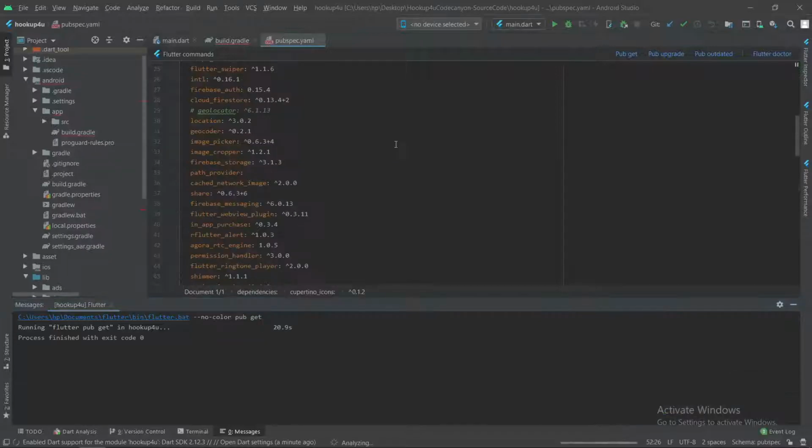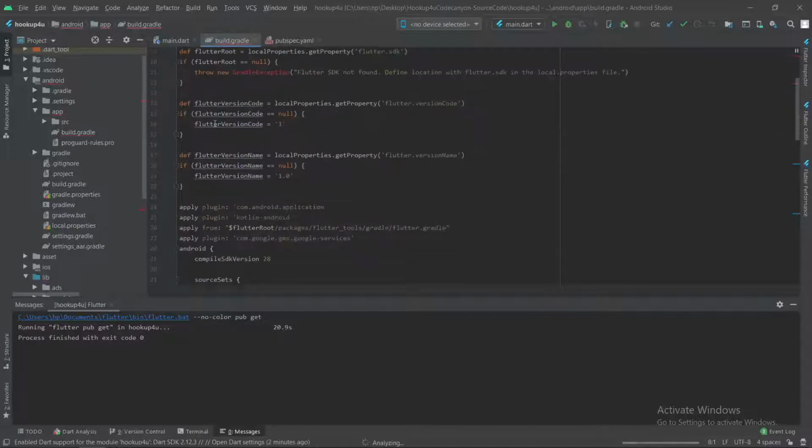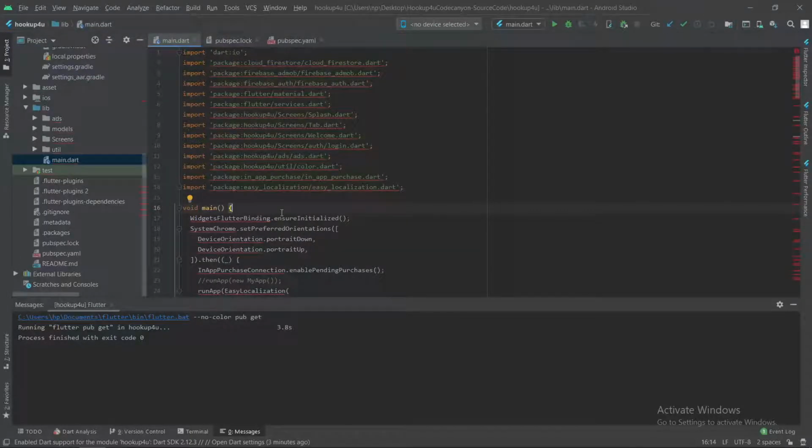It will take a while. And don't worry about this error. This error in build.gradle is an issue with the framework, so don't worry about it. It's perfectly fine. You can just ignore it. Even after running pub get, as we can see, there are plenty of errors here.